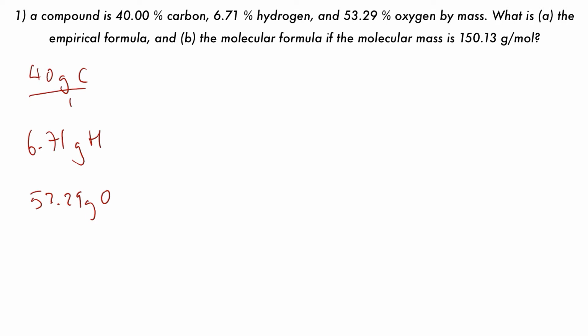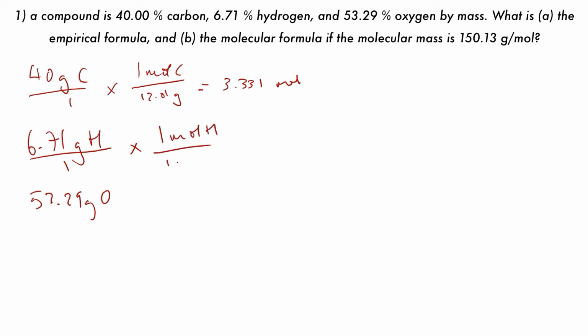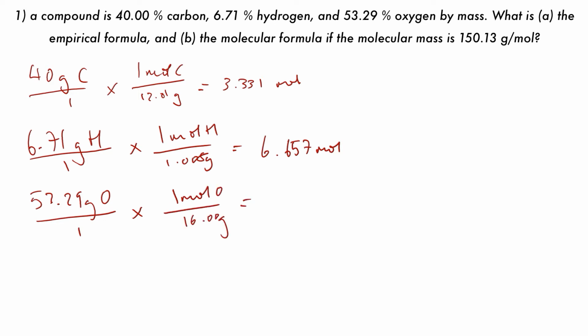We then want to get the number of moles of each one of these, so we would go for 1 mole of carbon has the mass of 12.01 grams, which would give us 3.331 moles. Then we would do the same thing for hydrogen, which is 1 mole of hydrogen is equal to 1.008 grams, which would give us a number of moles as being 6.657 moles. And then we would do the same for oxygen, where 1 mole of oxygen is 16 grams, which would give us